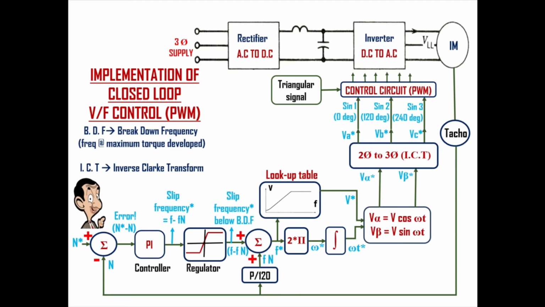Here both the voltage and frequency are being changed up to the rated voltage, so the maximum available torque will be maintained and efficiency will also be high. As I have mentioned in the starting of this video, it is the most common method which is used in the industries to control the speed of induction motors.